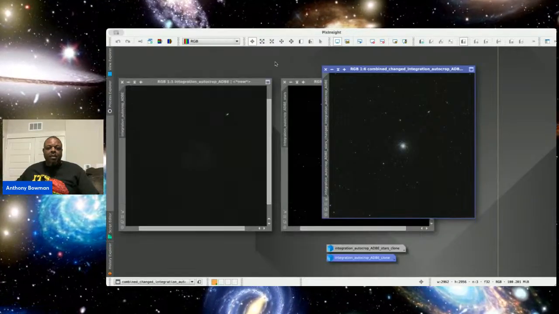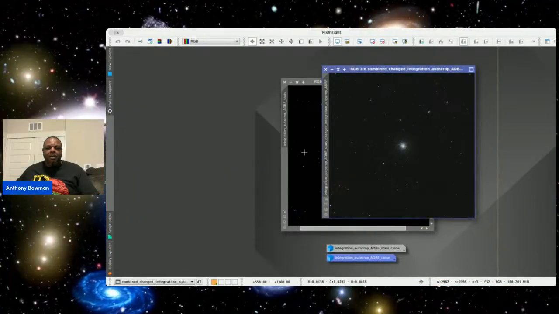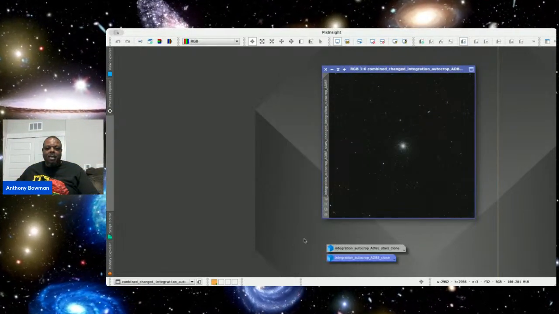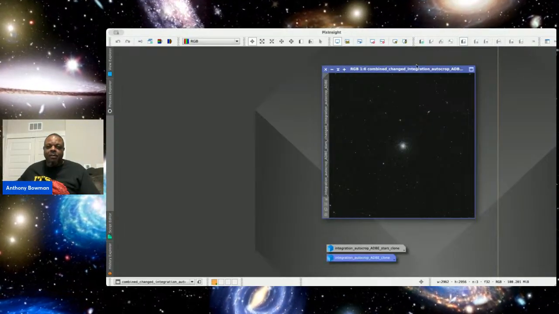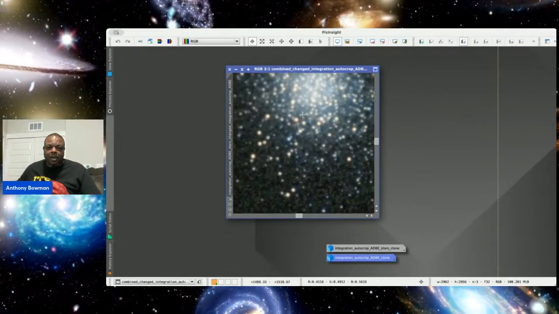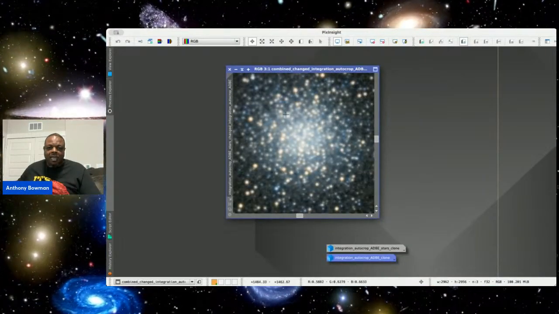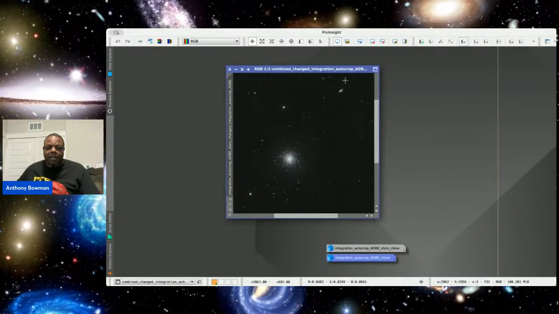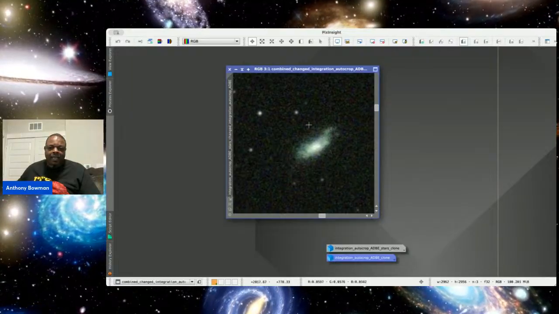Okay, let's close all this other stuff up. I like a clean screen, and I can't have too much stuff on my screen. Throws me off. Okay, so now we're gonna smooth this out. We're gonna smooth it out, and let's see what our galaxy doing up here. Yep, galaxy still there. See how grainy that is?